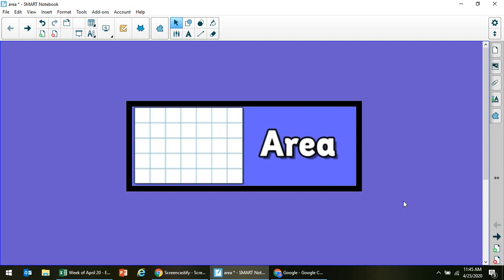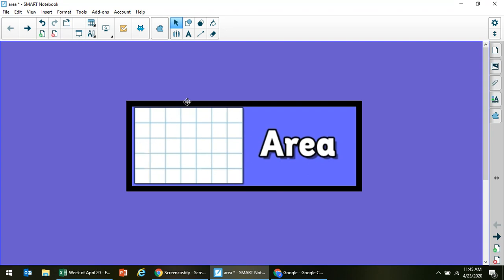Friends, I want to do a quick and brief video that reviews the topic area. Now remember, area is something we covered in marking period 2, but I know you guys are super smart, and as soon as I go over this, you're going to be like, click, I remember all about area. Now remember, area is how much